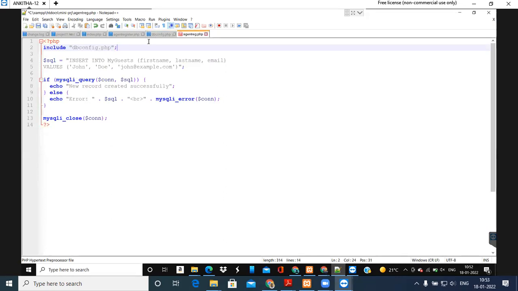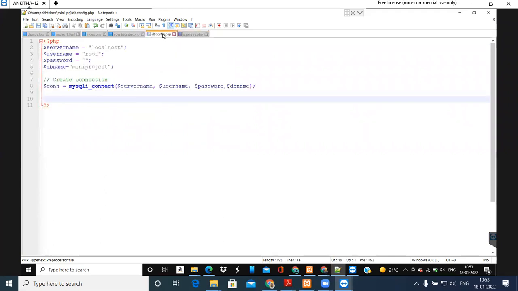For example, if you create 50 PHP files for executing 50 different types of SQL queries, then in all those 50 files you need to change your database name. So that work will be redundant, the same work again and again. Instead, if you create one separate file, then when you want to change the database name, we do not go and change it in all the files. Instead, we just change the database name here.